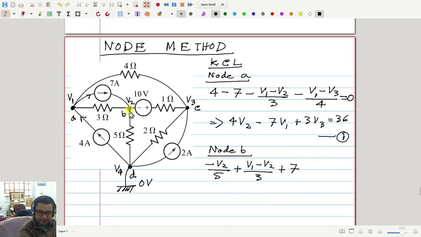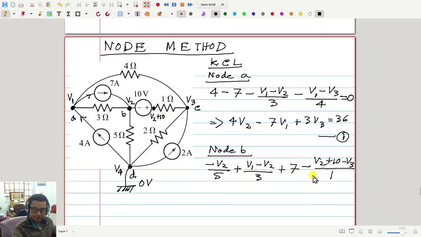Then this is difficult, I guess. How much current is going out through this 10 volt source? Right, this point is at V2, so that means this point is at potential V2 plus 10. So then (V2 plus 10 minus V3) divided by 1 ohm. This is the current going through the 1 ohm resistance, and it is going out, so minus.